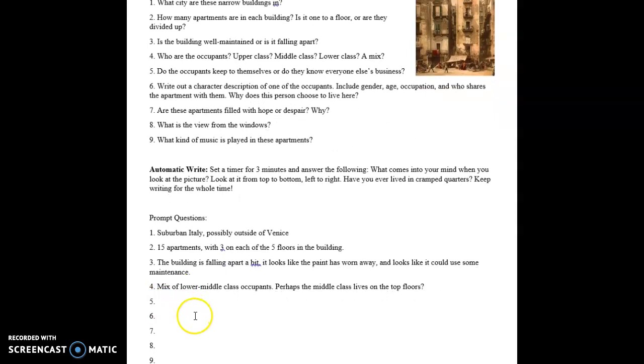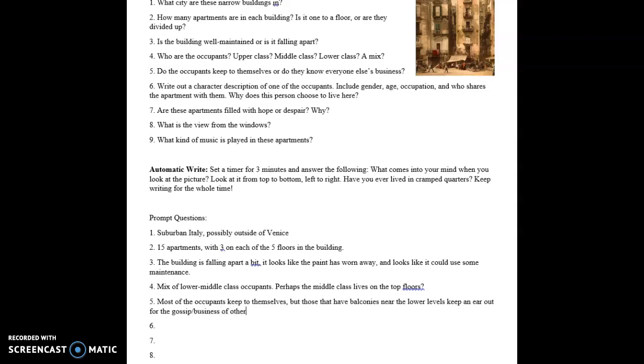Do the occupants keep to themselves, or do they know everyone else's business? So I'm going to say most of the occupants keep to themselves, but those that have balconies near the lower levels keep an ear out for the gossip